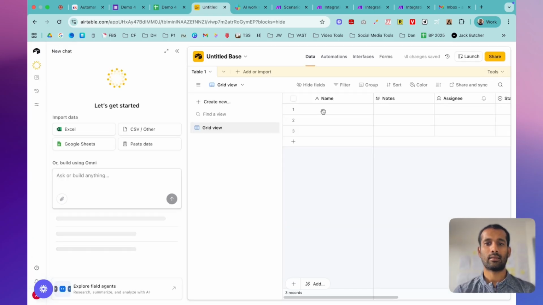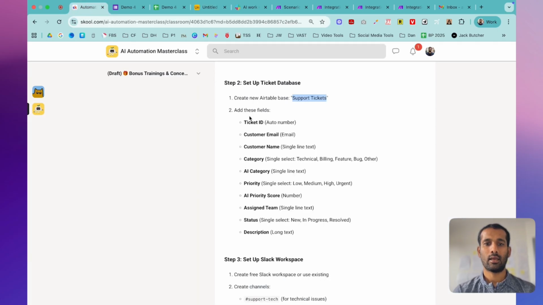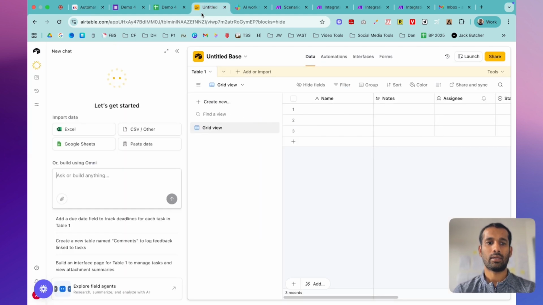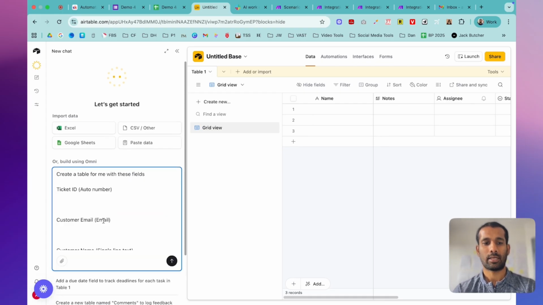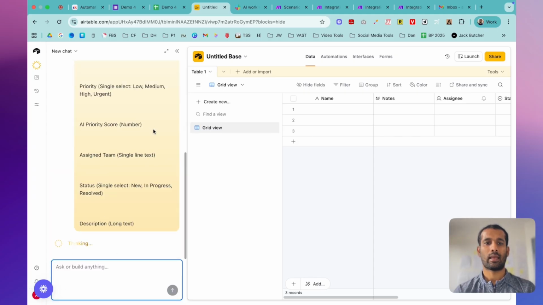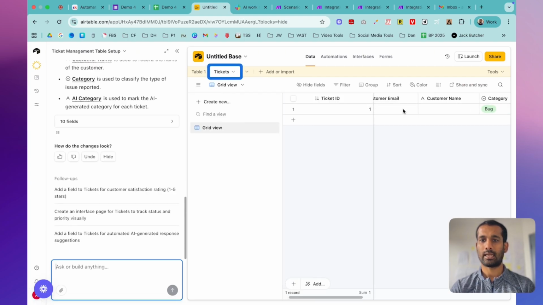It's going to create this table by default, but for the new table we are creating, you can just copy all of these fields, and come into Airtable and say create a table for me with these fields. Just paste that, hit enter, and let the AI do its thing. Yep, so it's gone ahead and created the tickets table. It has all of our fields: ticket ID, customer, email, name, category, AI category, priority, AI priority score, assigned team,